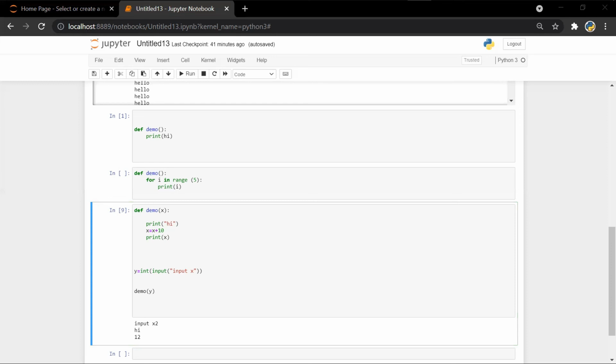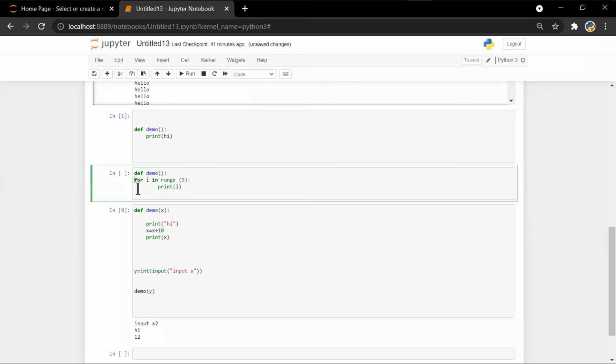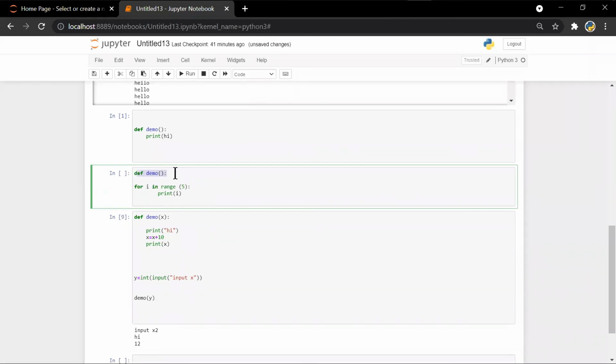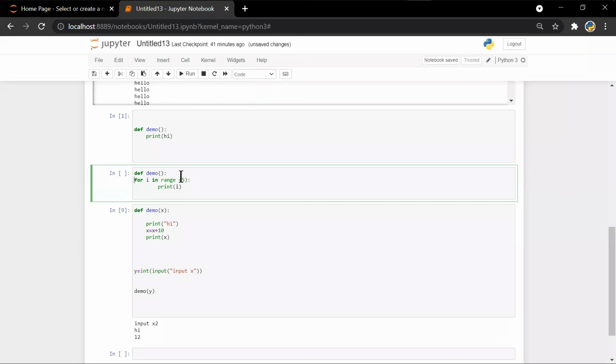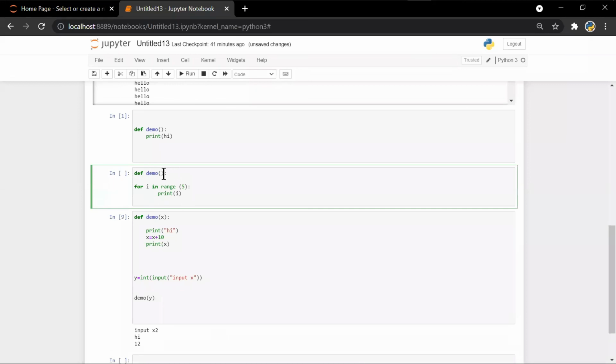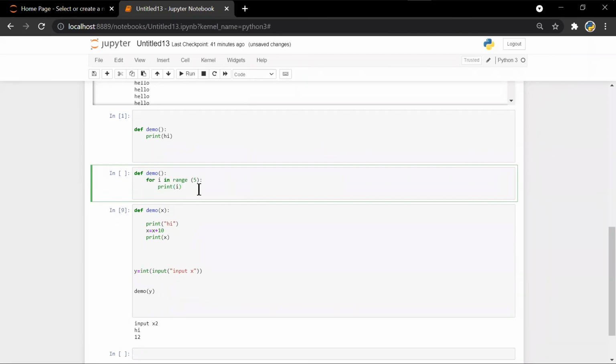And indentation is also needed. If this for loop is brought here, it will not be a part of this function. It will simply be outside the function, and this function will be empty and there won't be any use. So indentation, line by line, and capital and small letters matter. Python is very case sensitive. You need to have proper case. If you give this for a capital letter, it will show an error. If you write in different lines, it won't work, because it goes from line to line.